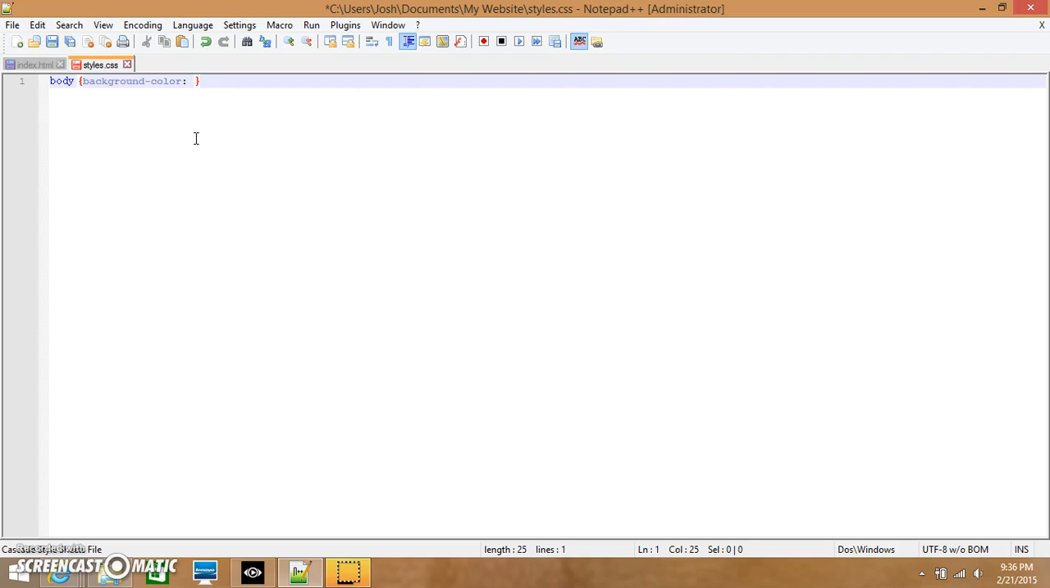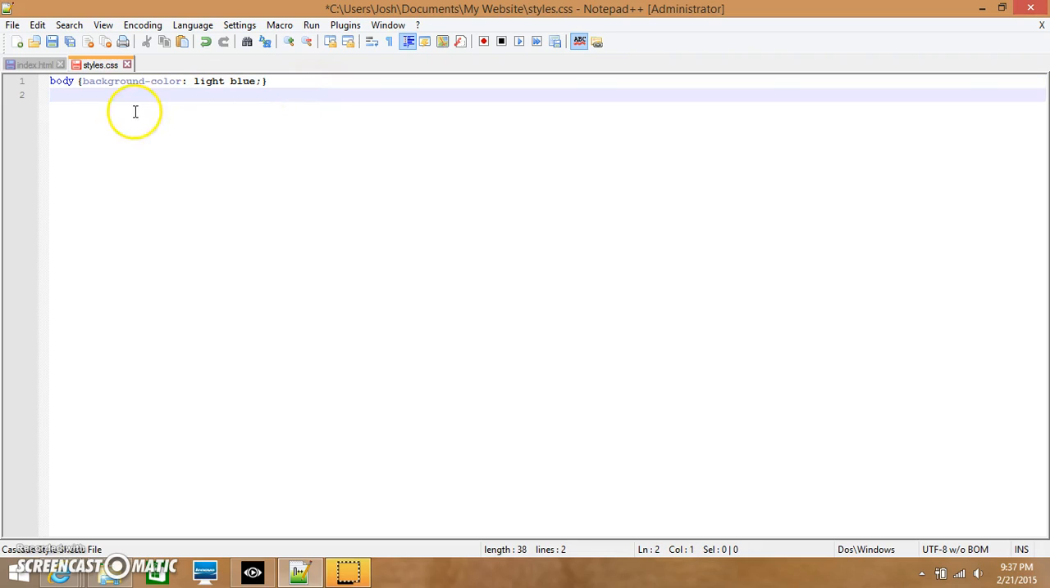Let's just say light blue there, and then you put a normal colon, and then you close it. So then there's your background color. Now you can go on to new line, and then you can go to the index.php